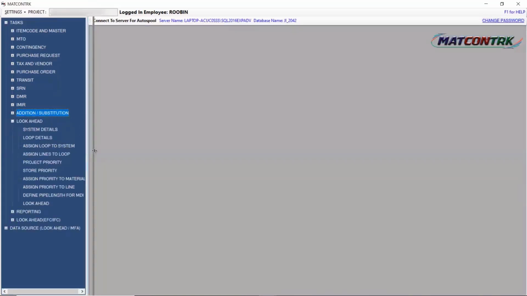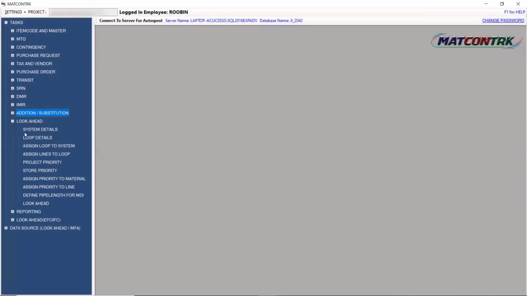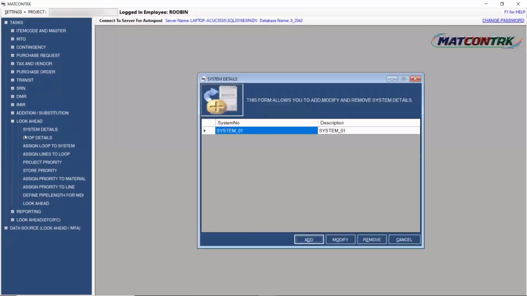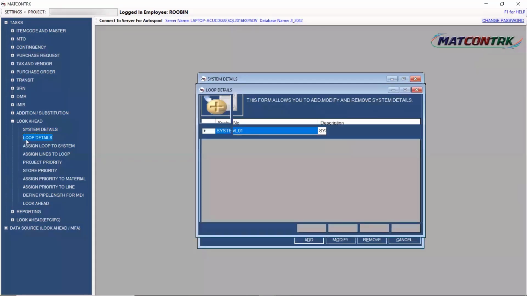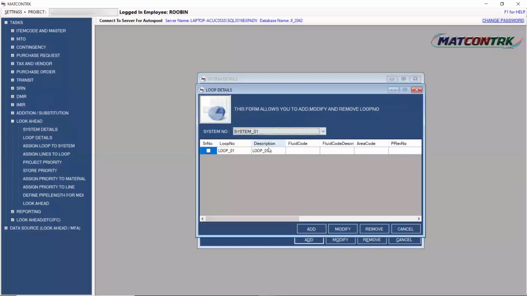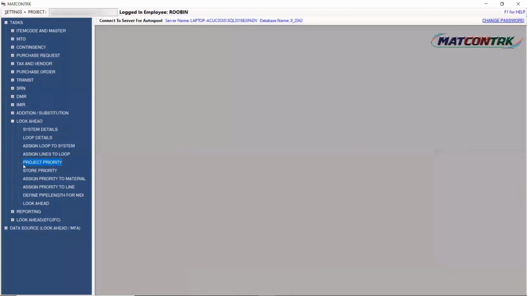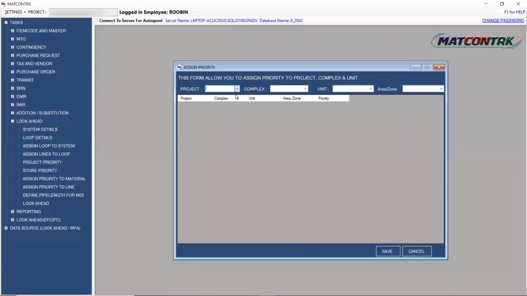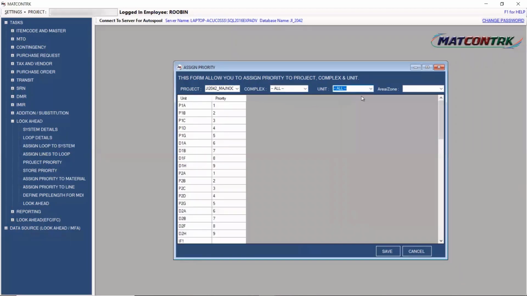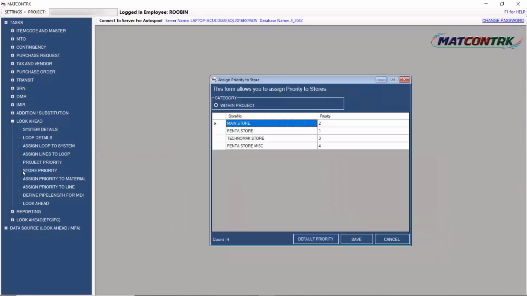Next is now the planning side, material look ahead planning. Now here, prior to the look ahead procedures, we have to set some presets. Like here, first we have to define the system. Right now I am focusing on the piping discipline, where the project natures are mostly refinery natures. So I have defined the system here. I have also defined the loops and am assigning the priorities over here to my WBS. Like these many complexes are available within my projects. These many units. Now my isometrics are going to be assigned and mapped against these particular units.